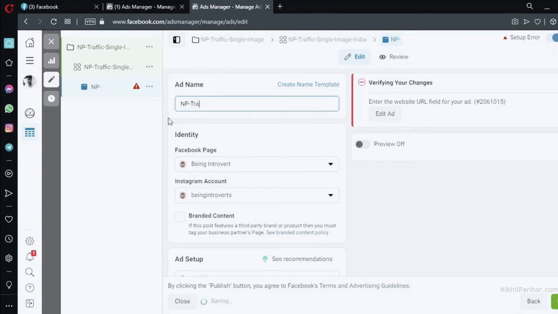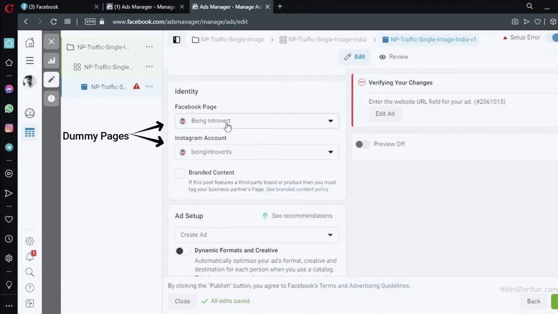So NP traffic, you can create multiple versions of it. India V1, probably, yeah, that would be the right name here. So the name is selected.